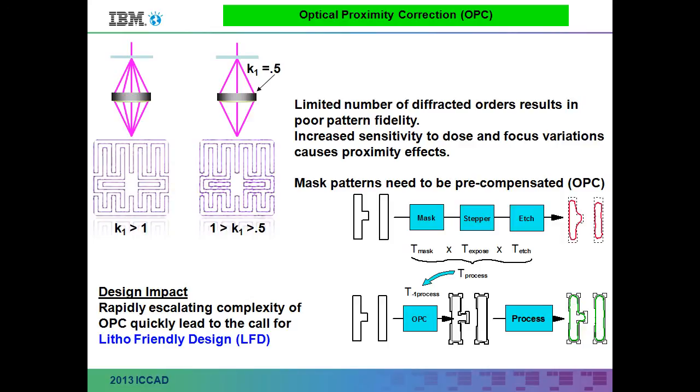As you approach K1 equals 0.5, which is the exact point at which the first and minus first diffracted orders just barely make it through the lens, you're now forming an image with just one diffracted order. At that point, your resolution really degrades, and the phenomenon you see is that features of various proximities get different intensities. The more isolated you are, the more diffracted orders the lens can capture, and the more nested you are, the fewer diffracted orders there are. So there is a difference in dose as a function of the proximity of the environment that this feature sits in. And you can see this in these simulations that based on the neighborhood of features, you get these inaccuracies,